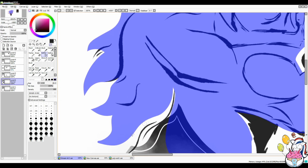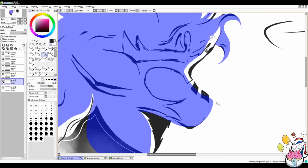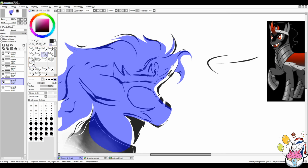So making sure it's got sharp edges. You can also do that there, sharp, and curve that in. What we'll do with this is,